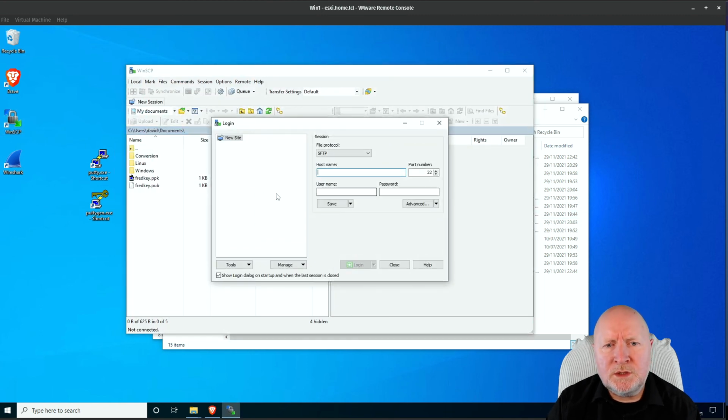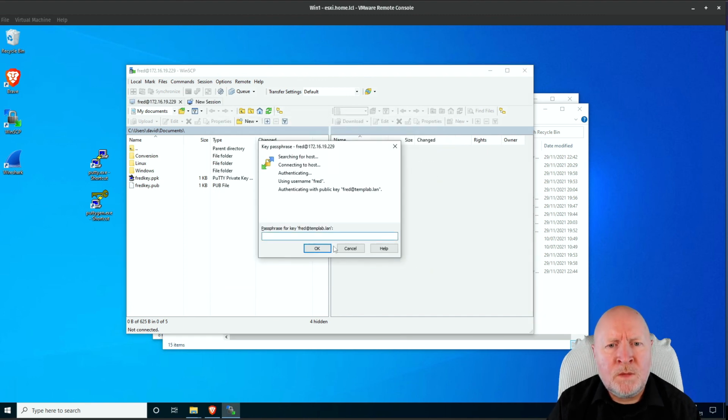It automatically opens up and assumes that I want to start a new session. I'll just put in the details of that specific server again, 172.16.19.229. I'll put in Fred's details. Click on Login. Now, that's the one thing I wanted to point out: even though I put a password in,